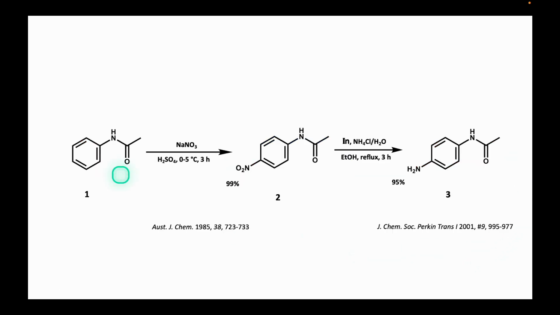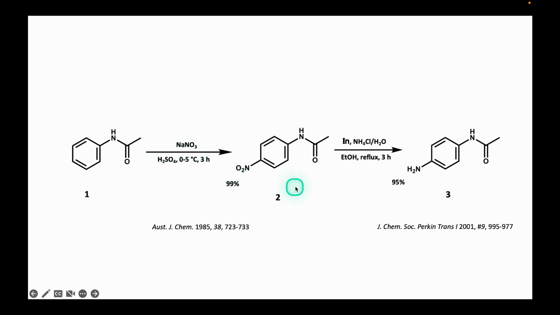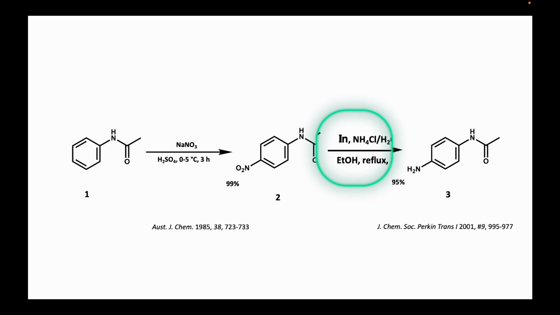The regioselective nitration of acetanilide uses sodium nitrate in the presence of sulfuric acid to form para-nitroacetanilide 2, whose nitro group is reduced to the amino group, using metallic indium as a reducing agent, given its low oxidation potential in the presence of ammonium chloride, to thus obtain